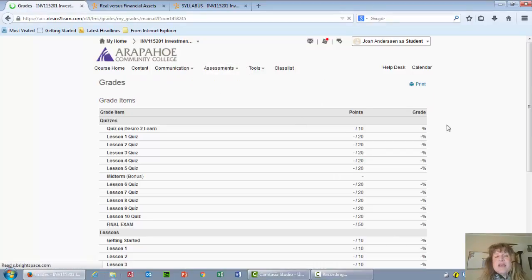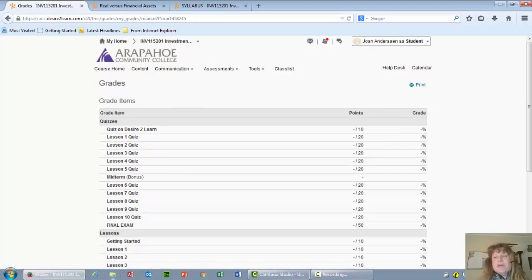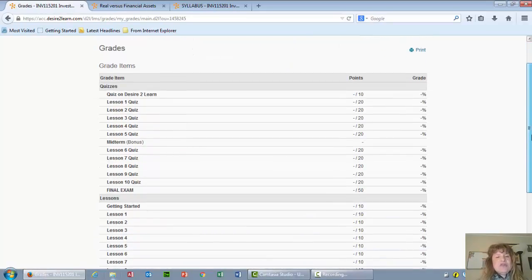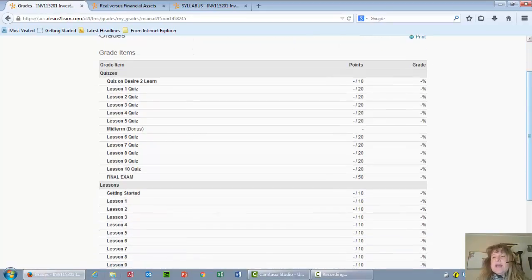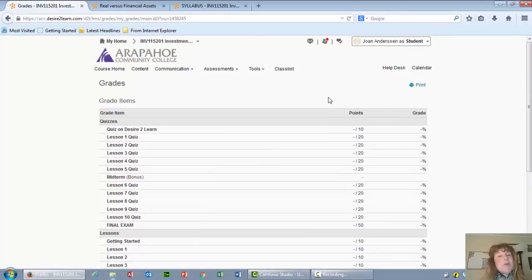You go to grades, your grades will show up. On the quizzes, it automatically shows up. It does show the midterm as bonus points. The final, if you are one of the winners, right? There are going to be 2 winners on the trading portfolio. The top 2 people who get the best portfolio return won't have to take the final, they'll just